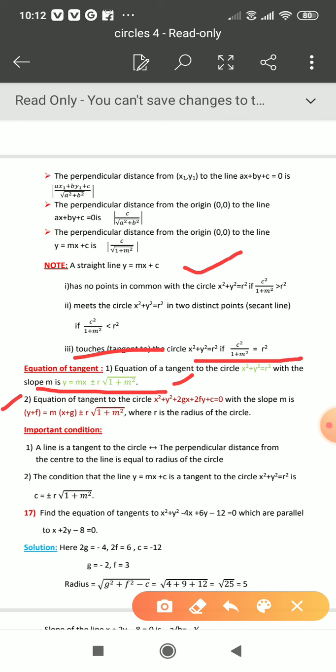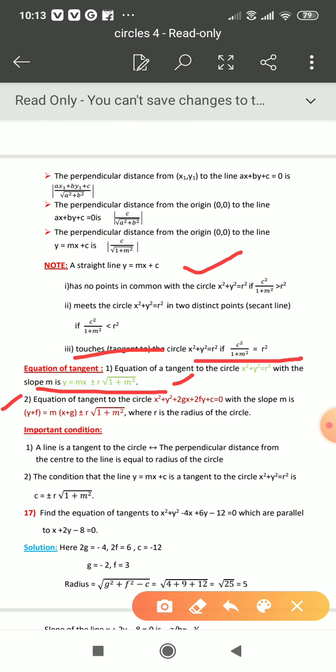Tangent at a point x1 y1, tangents from a point x1 y1, tangent at theta point is also. There are another three formulas to find the equation of the tangents. Now you must remember, this is the tangent with the slope m. Next session we find the equation of the tangent at x1 y1, equation of the tangent from x1 y1, equation of the tangent at theta also.